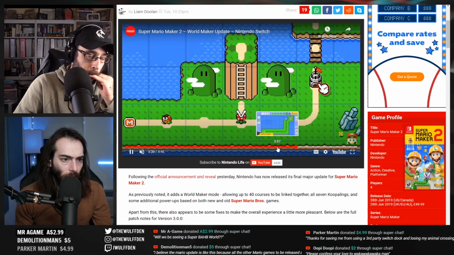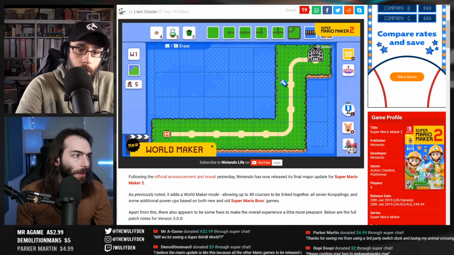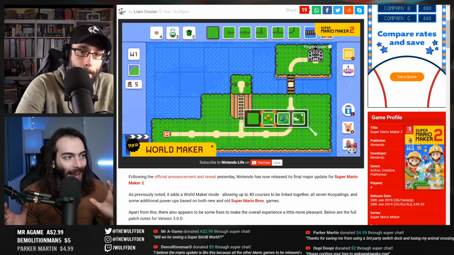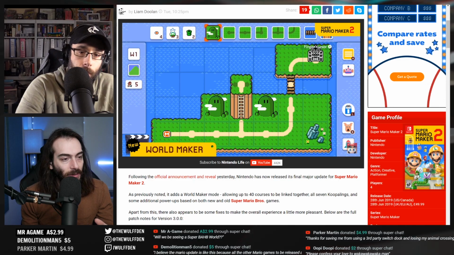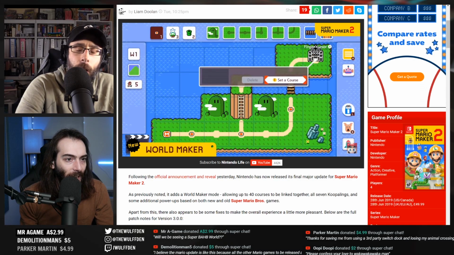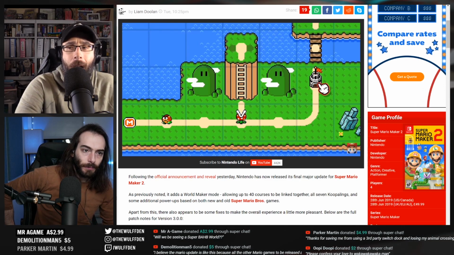So here it is. Looking cool. It's in the Super Mario World play style. So you can make 6 super worlds on your Switch. However, you can only upload 1, which I don't like. I think they need to increase that. That's limiting. I also think it's weird that you can only use Super Mario World style when the world map